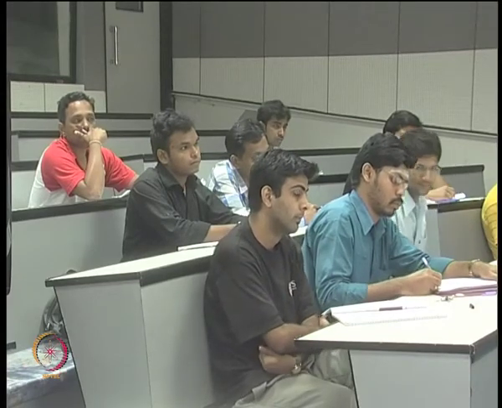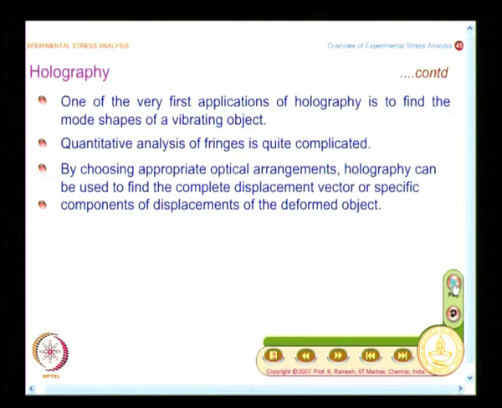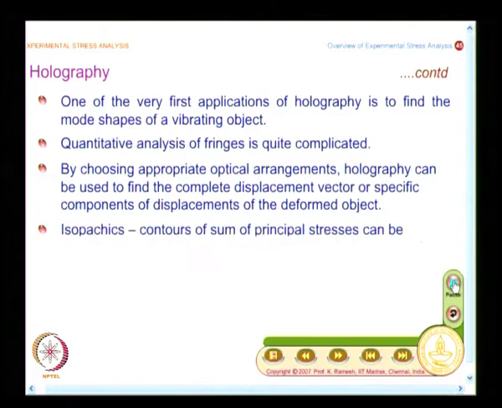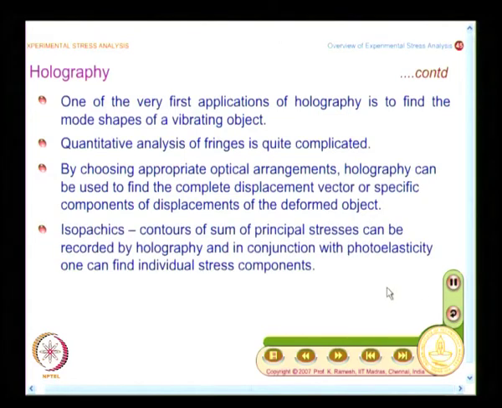In a 3-dimensional object, when it is deformed, you will get UVW in general. Here you take a 2-dimensional problem and then deform it and extract only u displacement or v displacement as the case may be. So, you have to know while doing this experiment what are all the restrictions in the way you have to do the experiment. And we have also looked at how some of these techniques can be combined.